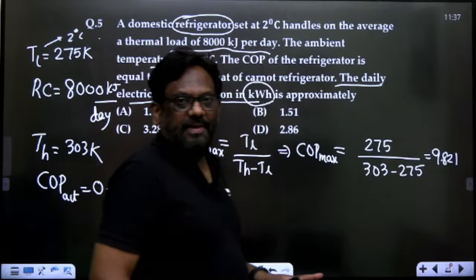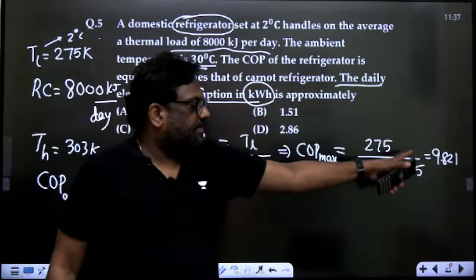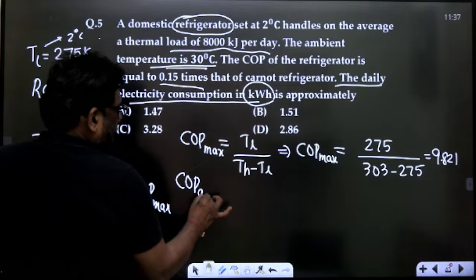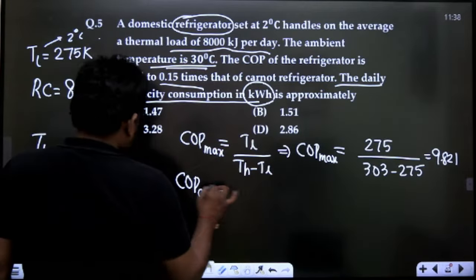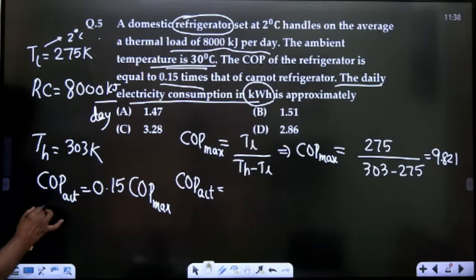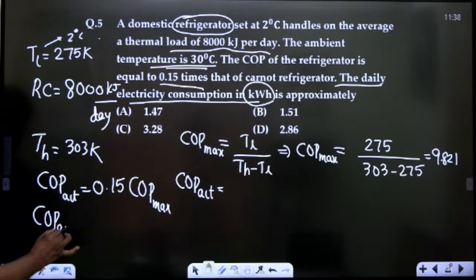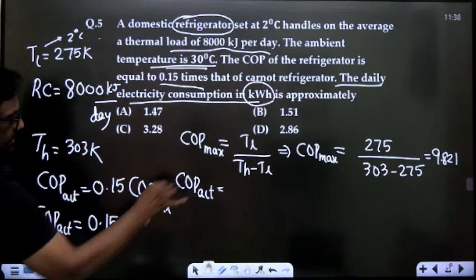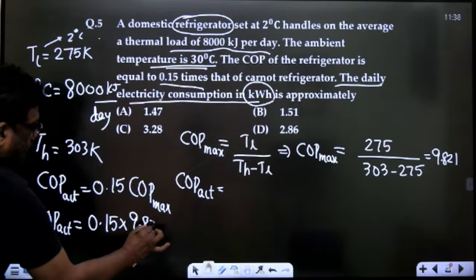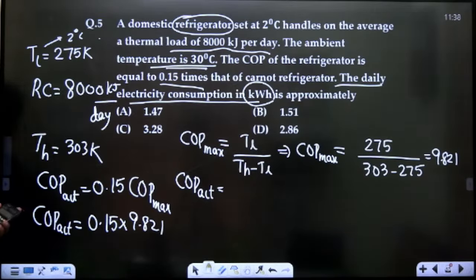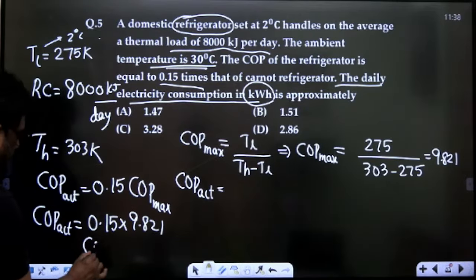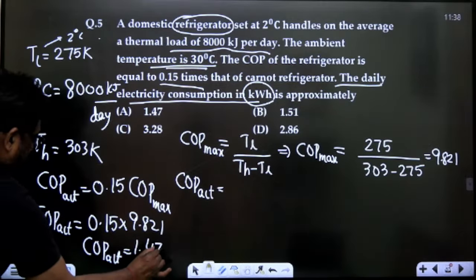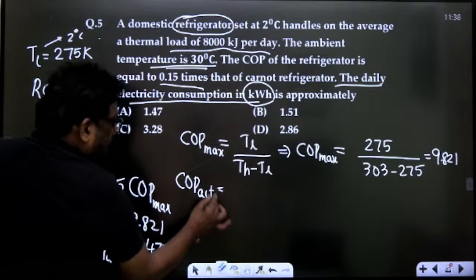This is the maximum COP. Whenever you are calculating Carnot COP, that will be maximum. So what is the actual COP, sir? The actual COP, in the question it is given, is 0.15 times the maximum, which is 9.821. Just multiply this with 0.15. So the actual COP is equal to 1.4732. COP का कोई यूनिट नहीं होता है सर।